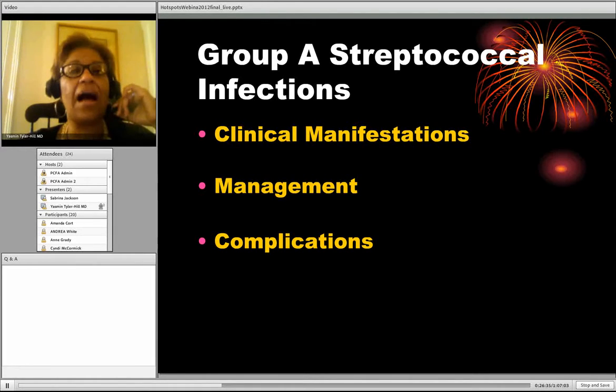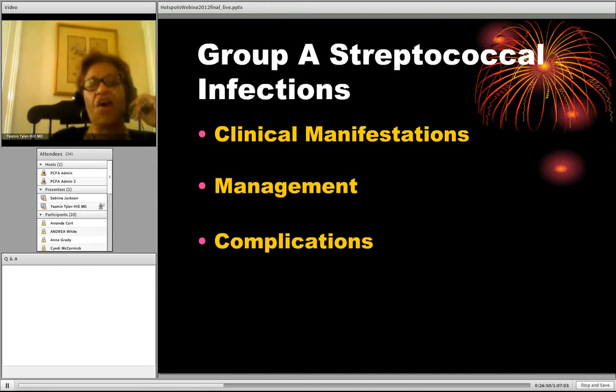And really, in uncomplicated group A strep, doesn't cause any problems. So we've talked about the clinical manifestations. The management of it is actually using the correct antibiotic. And I think it's important to remember that almost universally, group A strep is sensitive to penicillin. Penicillins, clindamycin might be a good choice. However, there has been a report of pretty significant macrolide